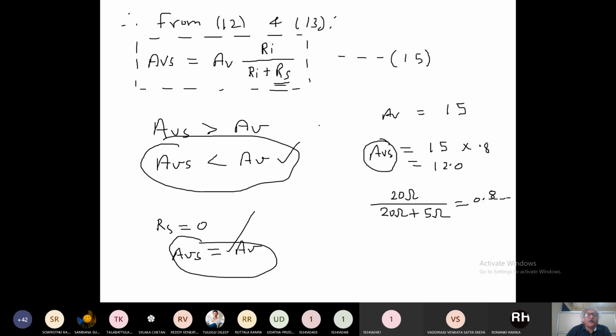Same way, if you see the overall voltage gain, this is the expression for overall voltage gain. You know the internal voltage gain AV, then use the value of RI. Already we might have calculated the input resistance, then use the value of RS, you will get overall voltage gain, right? Okay. So up to this point, whatever analysis we have done is called exact analysis, right?